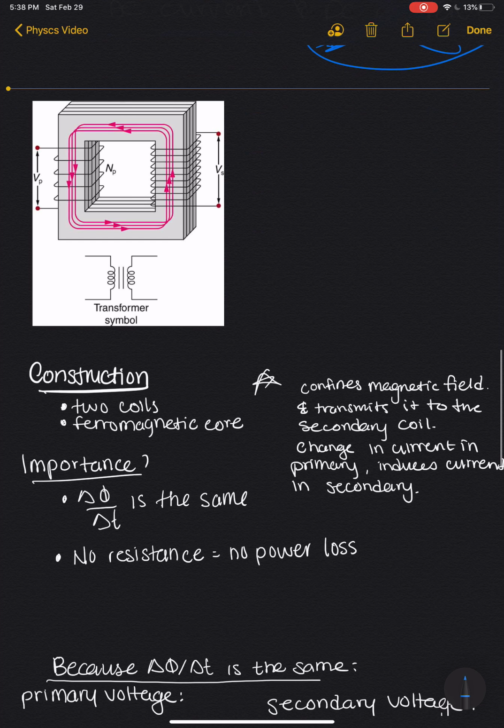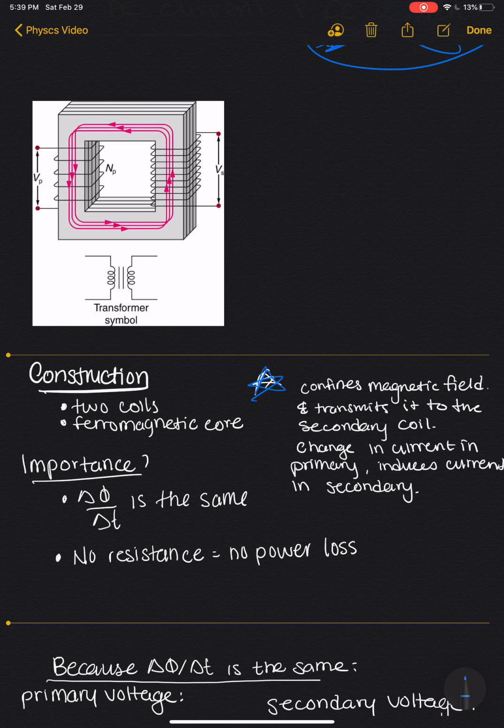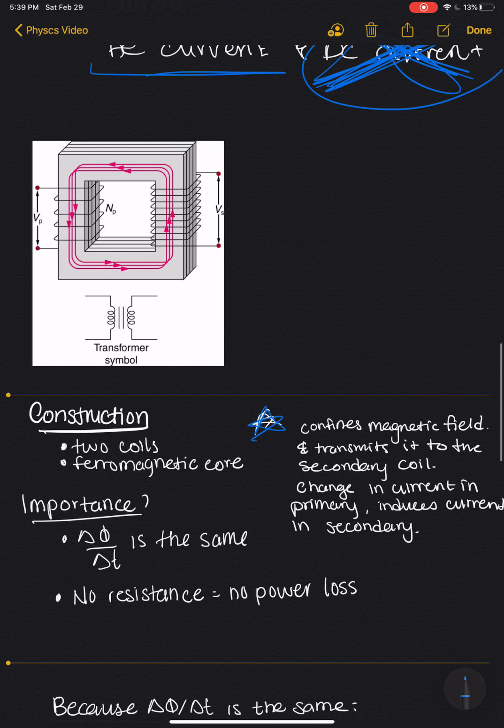So transformers are constructed in the way that you can see in that figure in the upper left corner of the screen. They've got two coils. As you can see, there's a coil on the left and a coil on the right. And those are wrapped around the ferromagnetic core. The reason there's a magnetic core is because that confines the magnetic field and transmits it to the secondary coil. So the change in current in the primary induces a current in the secondary. And because transformers are constructed this way,